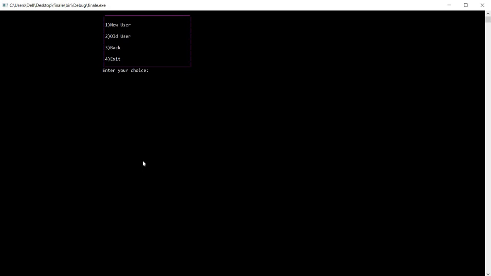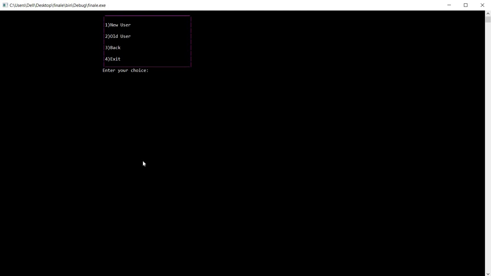So now you have seen the new user menu and the old user menu. When we book the ticket before the 5th person, we will be allocated. After 5 people but before the 9th person, we will be in the waiting section. After the 8th person, we will not be allocated or put in the waiting section.